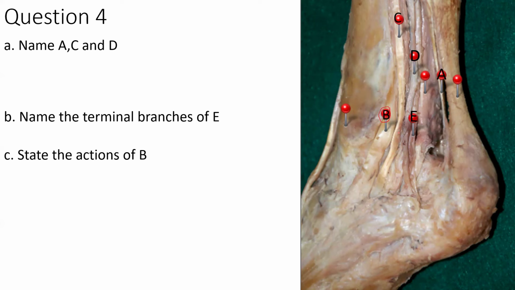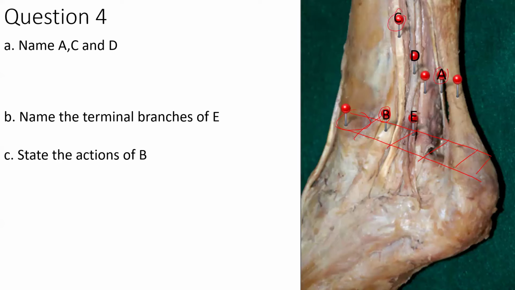The flexor retinaculum is usually attached to the lateral malleolus and to the calcaneus. So it usually moves like that. The flexor retinaculum is ideally at that point, but it has been removed to show you the structures within the tarsal tunnel. So we've been asked to name A,